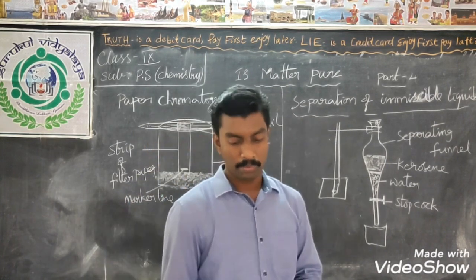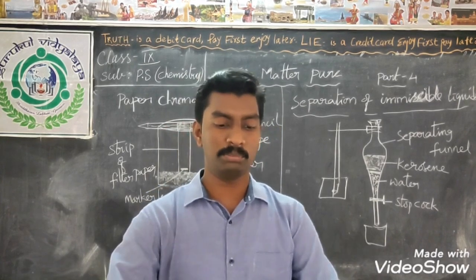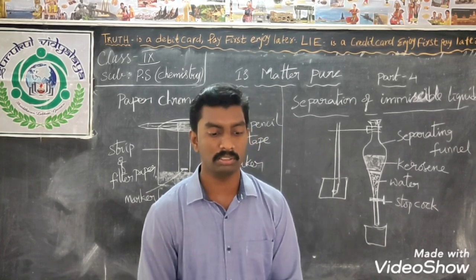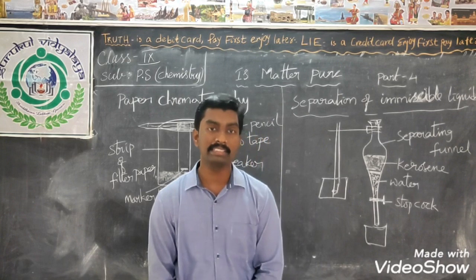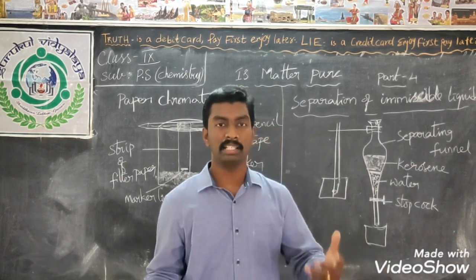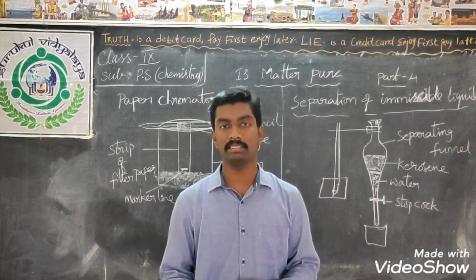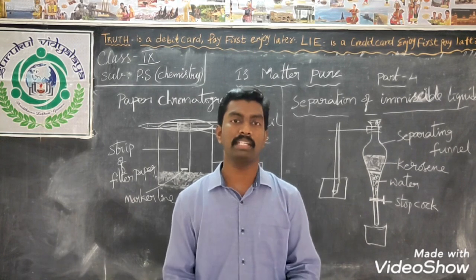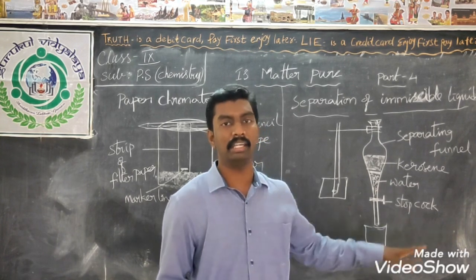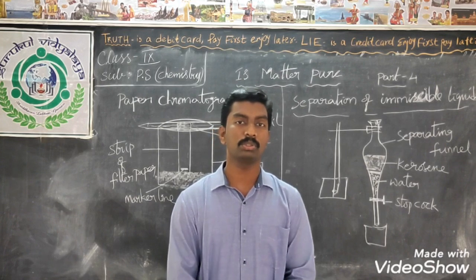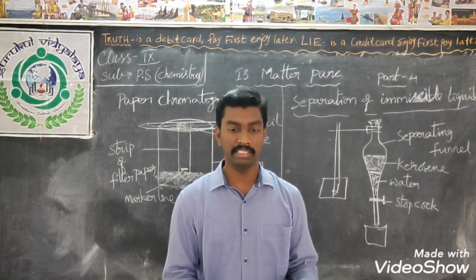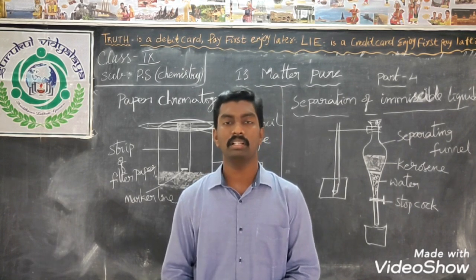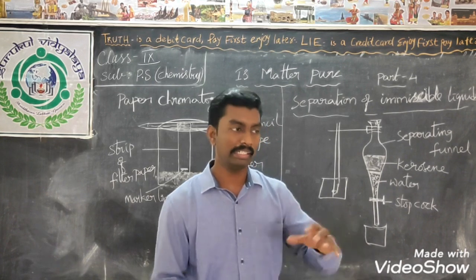So children, do you understand? Generally we can observe that diesel is immiscible in water. How can you understand that? If you go onto the roads in the rainy season, some diesel leaks from automobiles onto the road. When rain falls on it, we can observe a colored layer on the water. Why? Because diesel and water are immiscible liquids. They won't mix or dissolve completely, so we observe layers.